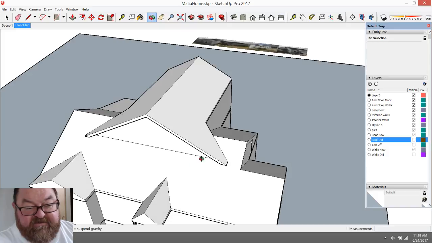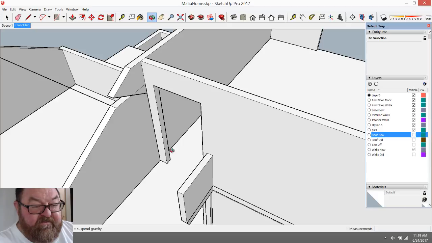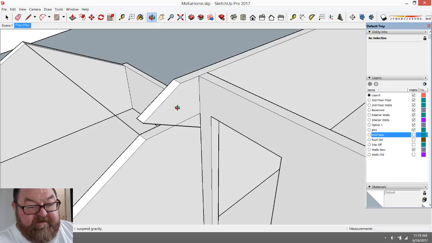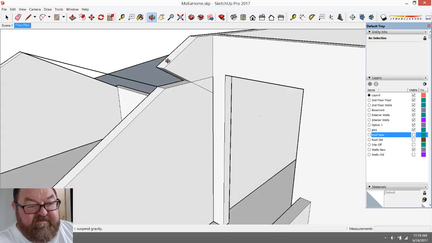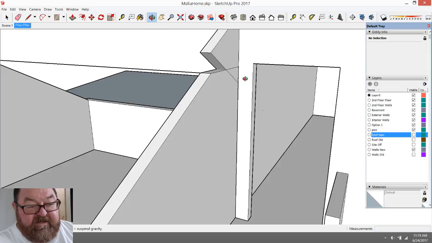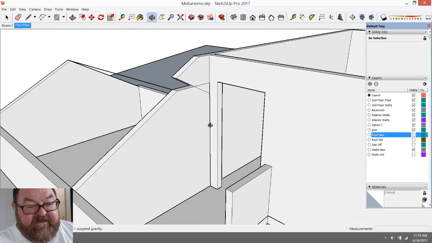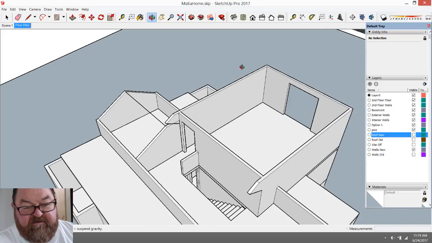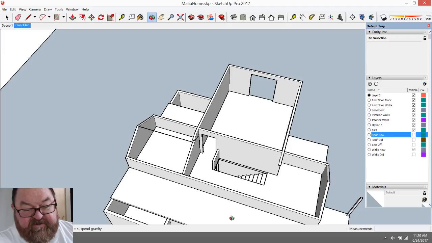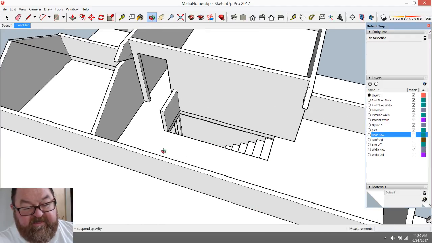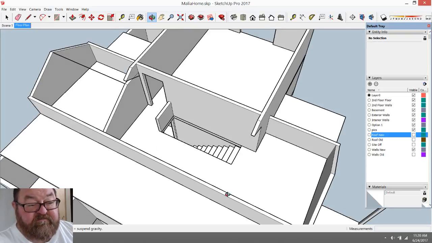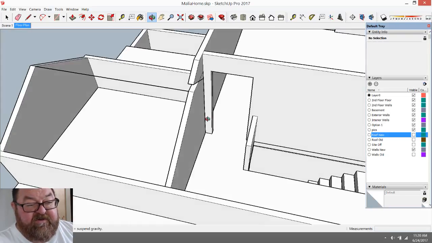Let me turn the roof off for a second, and I'll show you. I've got to get a door into this, and this little chunk of wall here was to remind me of the roof pitch coming down. You can see my predicament. My new walls are going to be 8 feet tall, and I want people to be able to walk up the stairs, come around, and go into this nice big new bedroom. It's going to have a bathroom and a closet in it. But they want to be able to